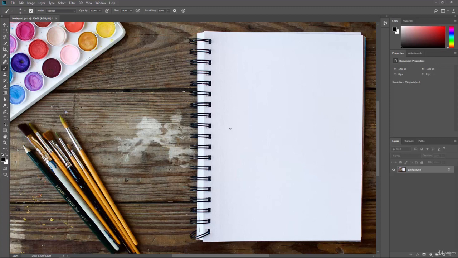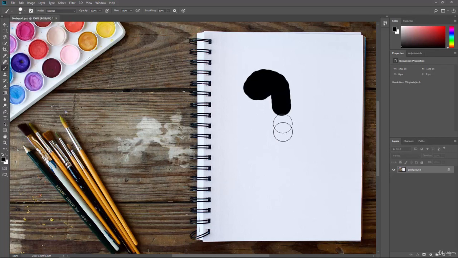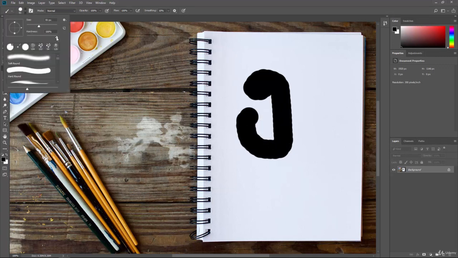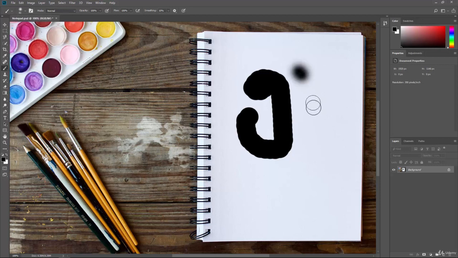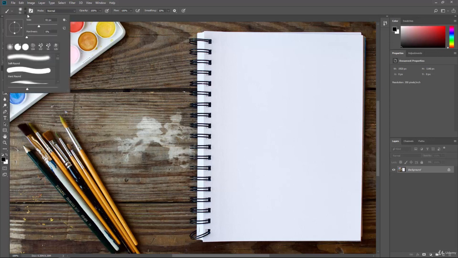So I'm going to undo those, and let's go ahead and look at those options again. We'll just bump that back up. And then we have hardness. This is how hard or soft the outside of that brush is. So if we're at 100%, we have a very hard, rigid side. And if we have 0%, that's the softest side that we have here. So let's undo those, and we'll take a look at some more options.